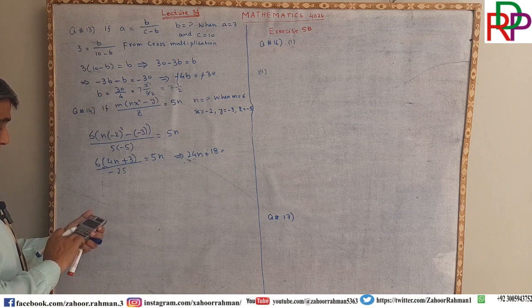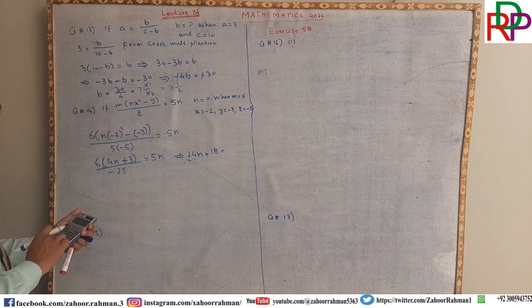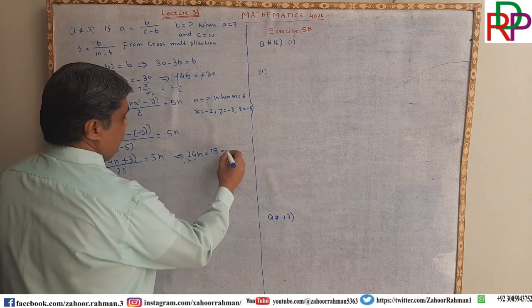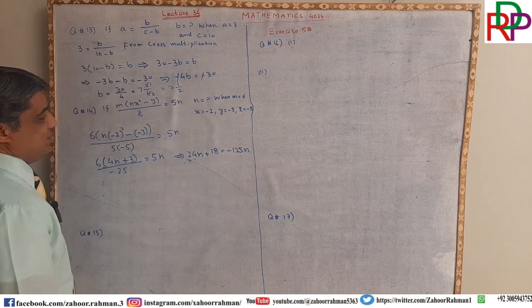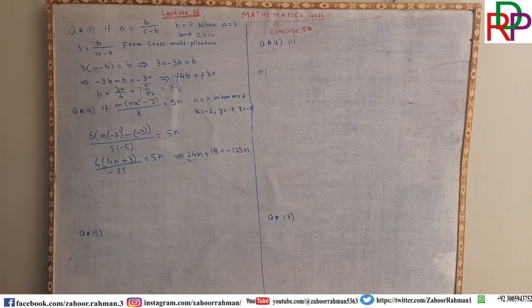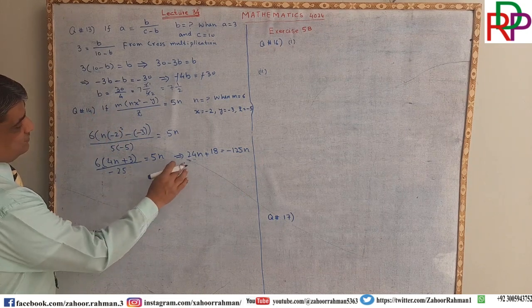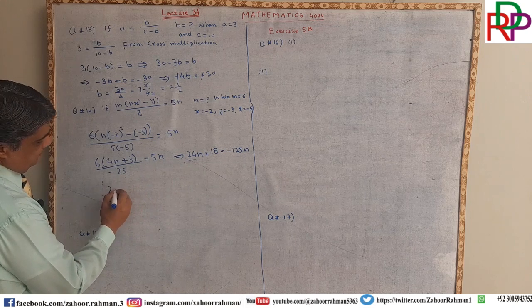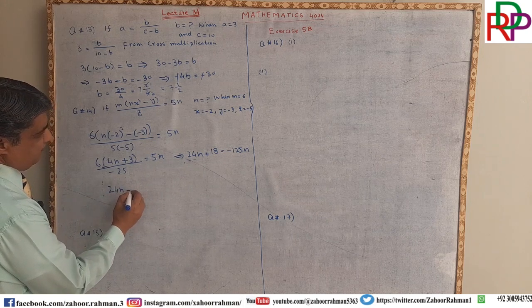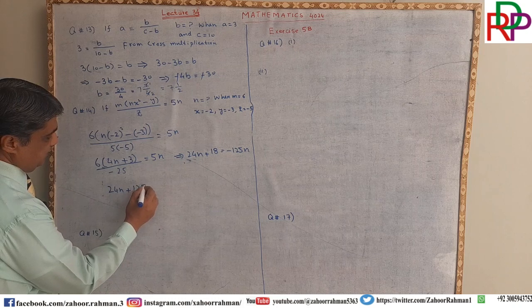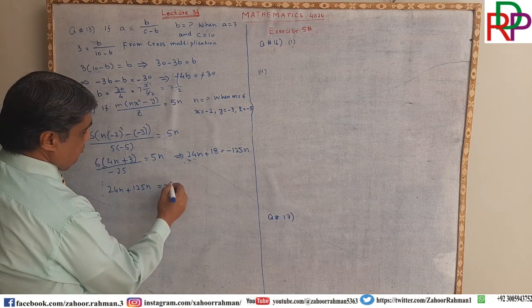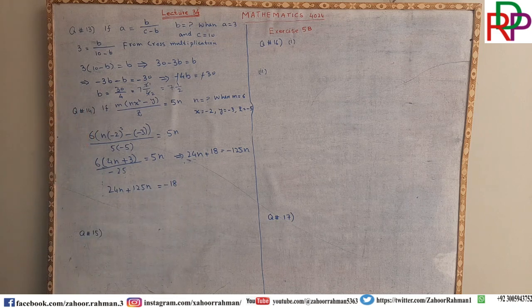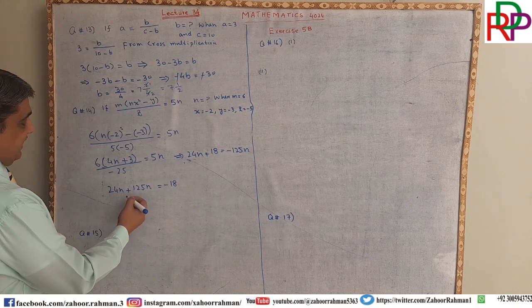So 25 fives are 25 multiplied by 5 is equal to 125 with the negative symbol, minus 125n. Now we are getting 24n plus 125n is equal to minus 18,